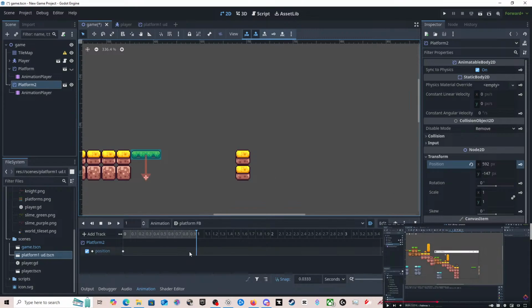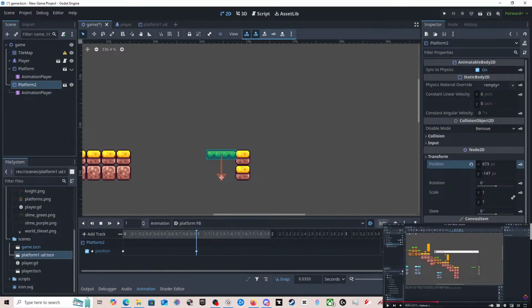Wait, why did that do that? It jumped back. Create. There. And then we move it to there. And then create. And then that. And then 2. Auto. Position. Play.